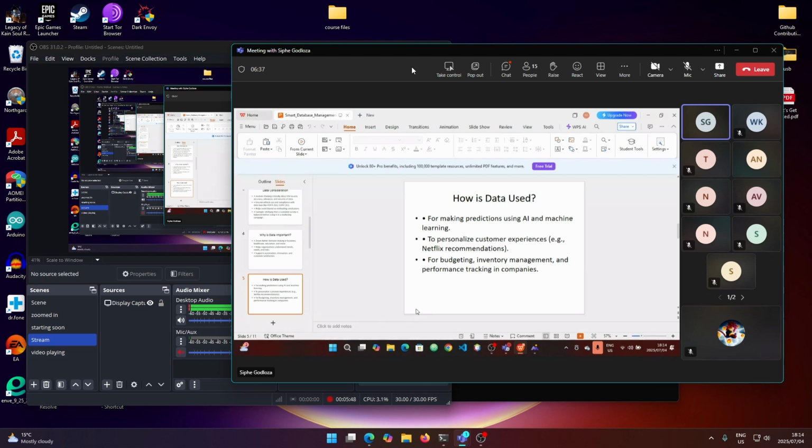And how is data used? It is used for making predictions using AI and machine learning. It is used to personalize customer experiences, and also,